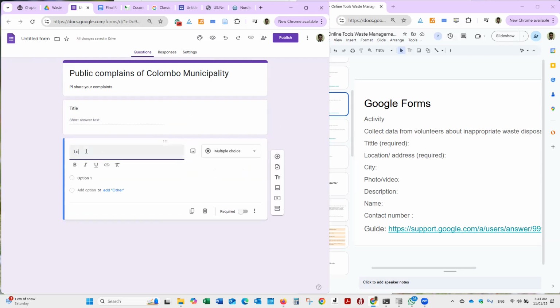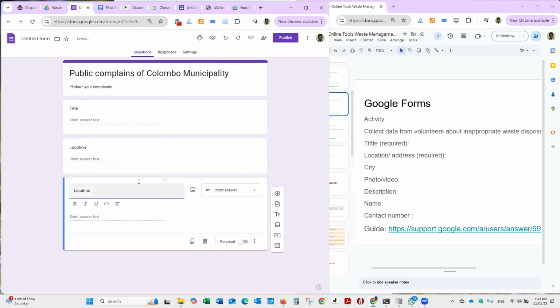A location also you can set as a short answer, right? Location. Then city, also short answer. Therefore, you can just duplicate the question and you can change this as city, right? Then